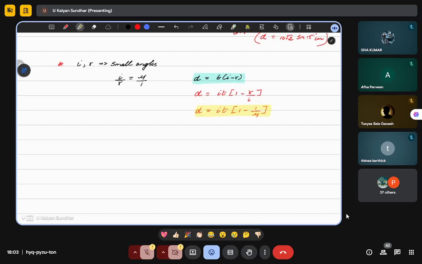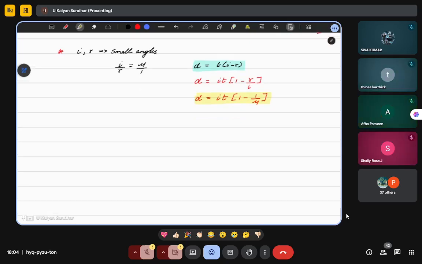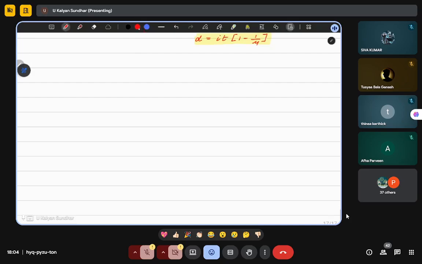And the special case, what is that? When I and R are smaller angles. Any doubts here? Next comes one of the important derivations for your boards, that is refraction